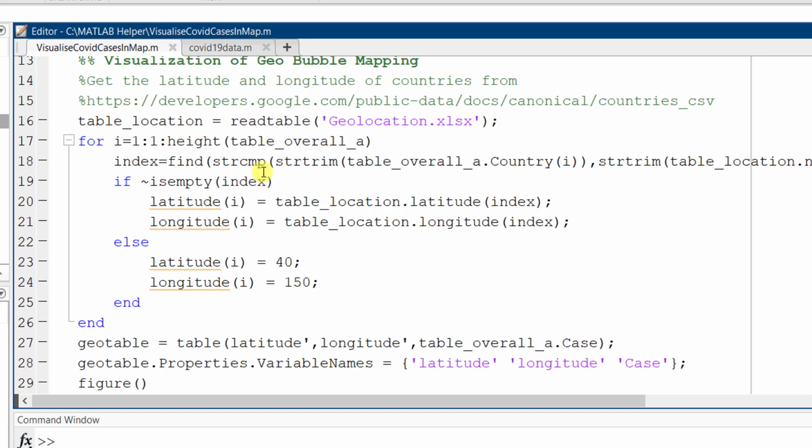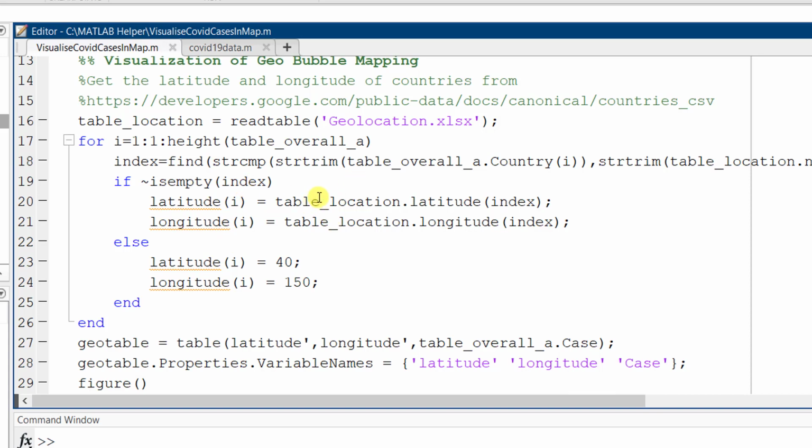Using string compare, we'll be comparing two countries in each table, table location and table overall. When we find that two countries are the same, we get their index and store it in a variable named index. So using that index number, we can now get the latitude and longitude location of that particular index value.